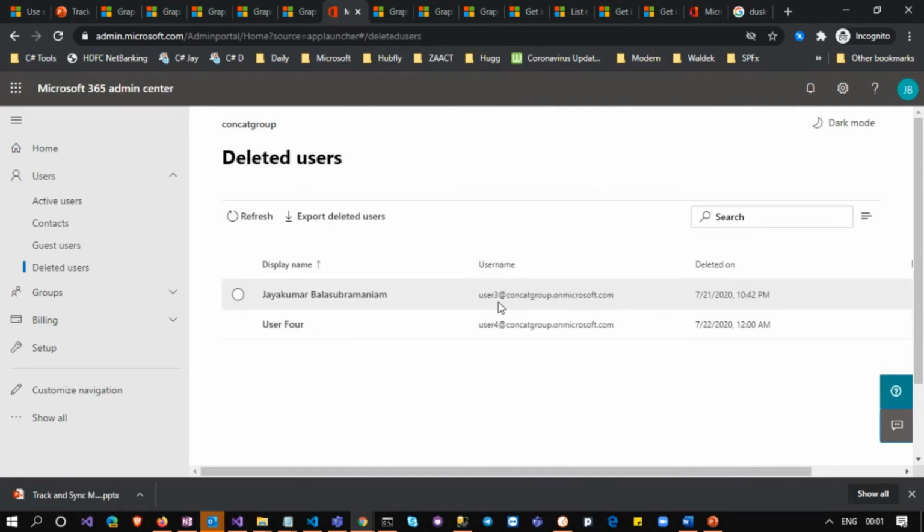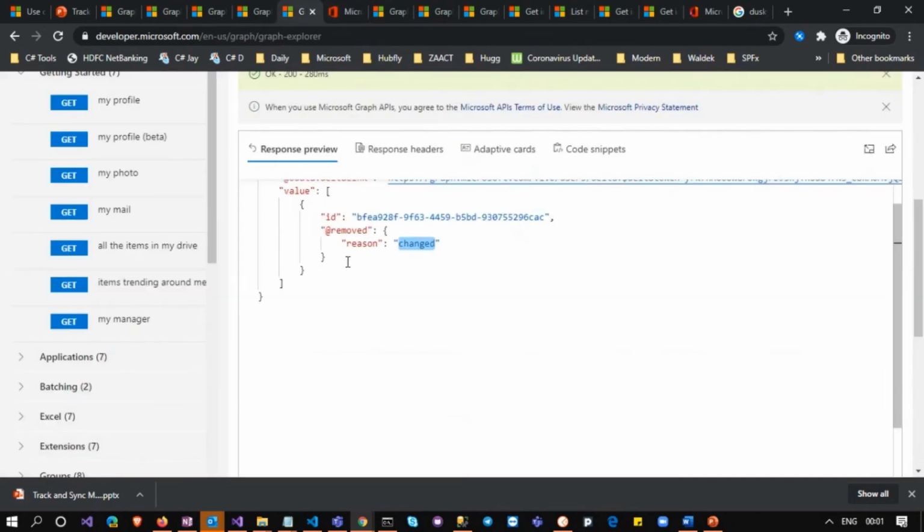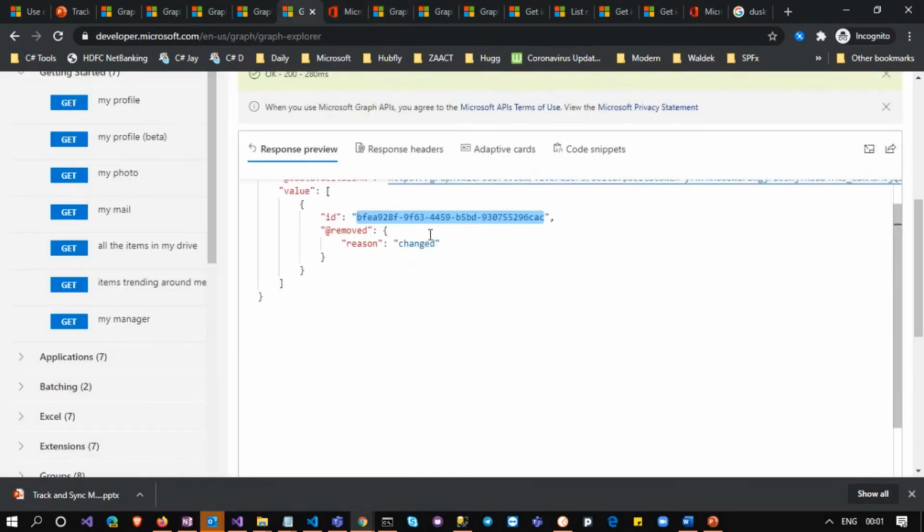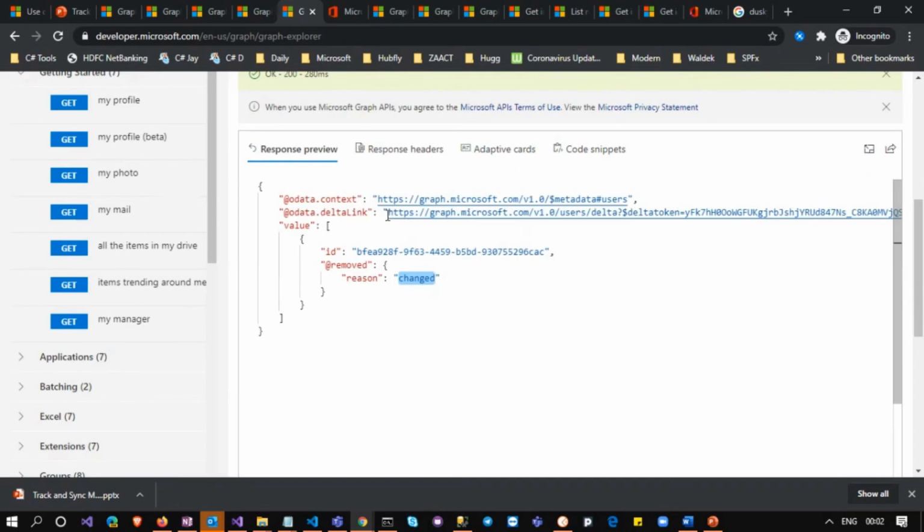For example, here is another user called user3 which I deleted earlier, before I started preparing the demo, but I have received only one item. That means this delta request was initiated after deleting that item, so we are not able to get it, and it is still restorable. That's why we got the reason as changed.